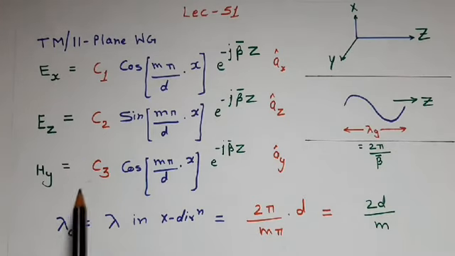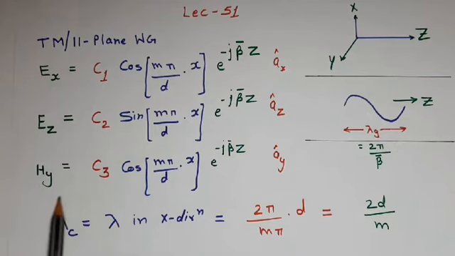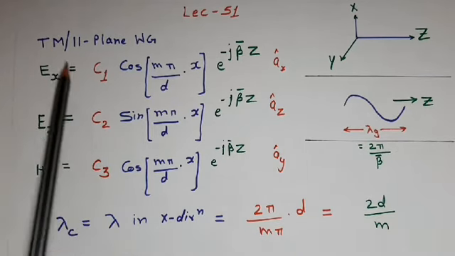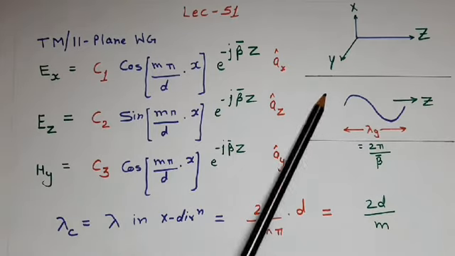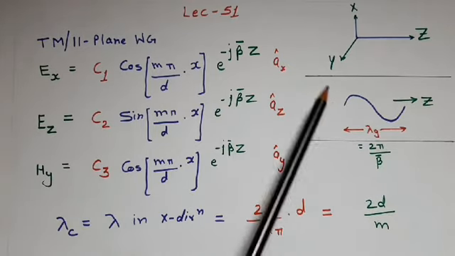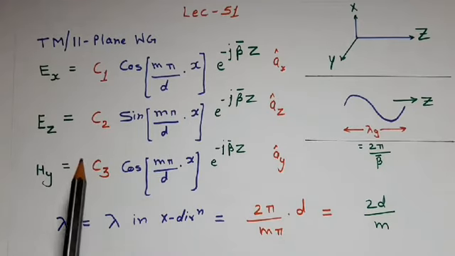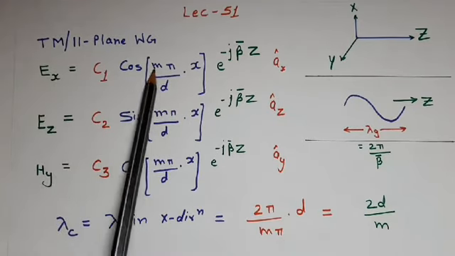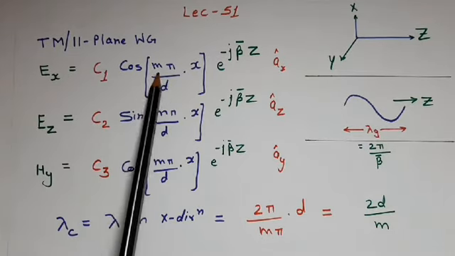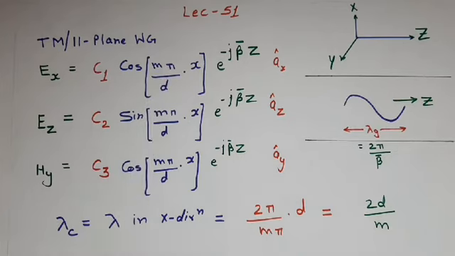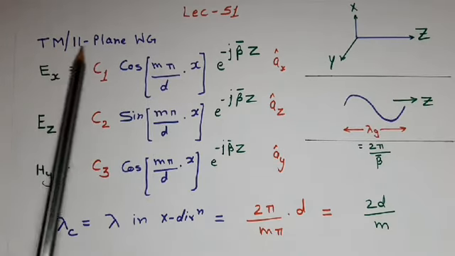The main thing which we can use in plotting the field distribution are these field expressions. By using these field expressions, we can know what would be the field distribution for a particular component of electric field and magnetic field. We can also observe how field distribution changes with change in value of m. That is, for different values of m, different field distribution will take place. Now first we learn field distribution in TM mode in parallel plane waveguide.